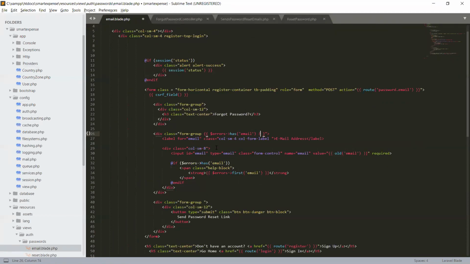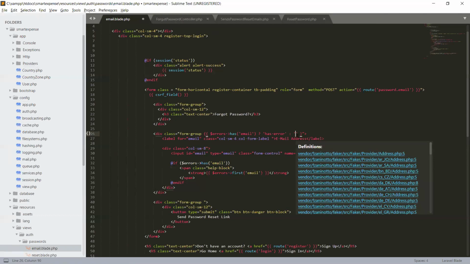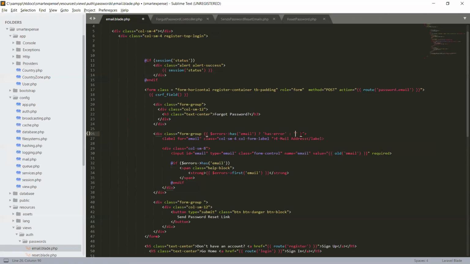So email, a ternary operator, give the string has error. If it is true, show this class has error, colon, empty space. If it is not, show the empty array. And here we have to close this angle bracket. So save it. Okay.